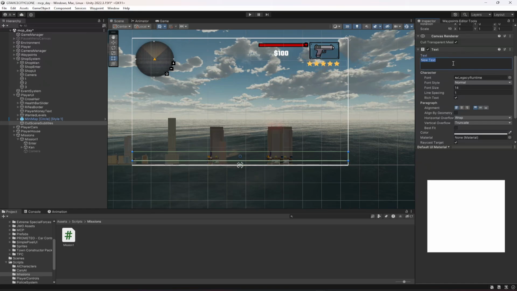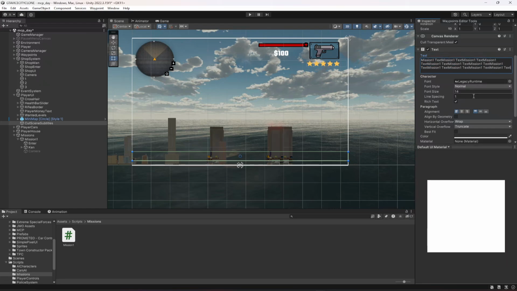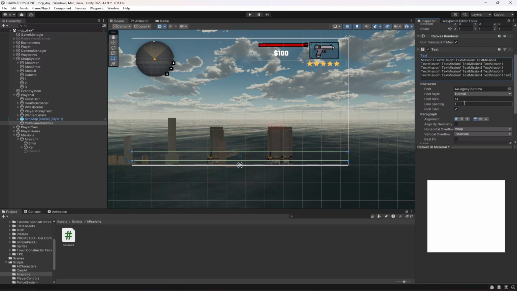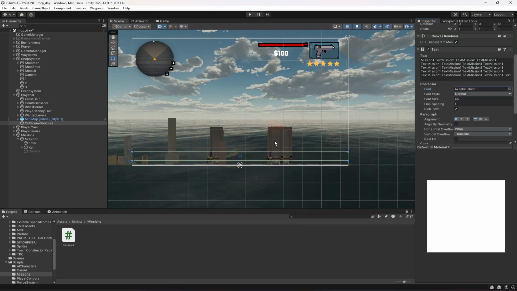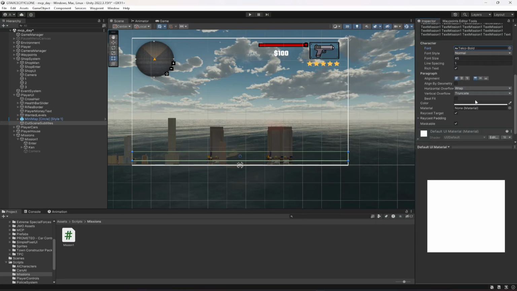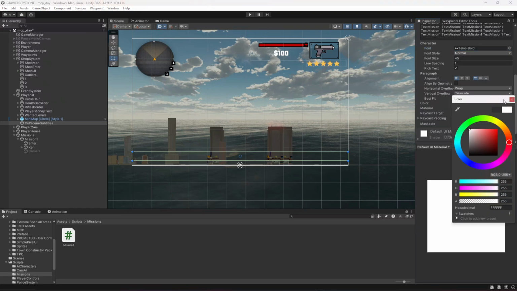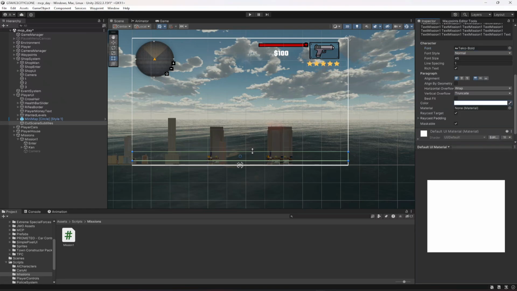In here let's type mission 1 text. Let's copy and paste it again and again. And when you do that, let's click on font size, make it 45, and select the font. Also change the text color to white. Okay, move it